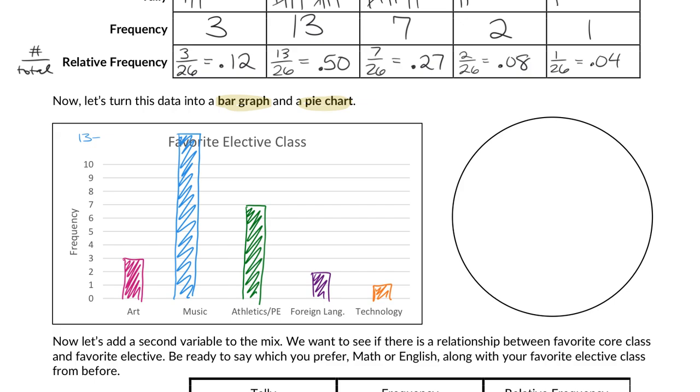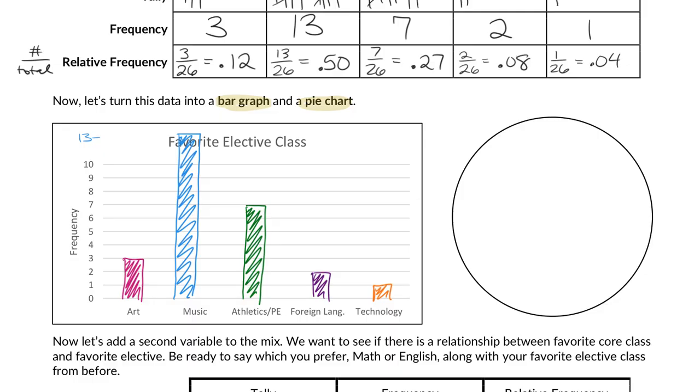Questions, comments, concern about the bar graph? We've seen these forever, yes? Amazing. The next thing we're going to look at is a pie chart. Now a pie chart, since it's showing you an entire circle, it's always going to be parts of a whole. So for this one, we're not graphing the frequency, we're going to be graphing the relative frequency, because we want to show what percentage of the circle of the responses were each particular response.